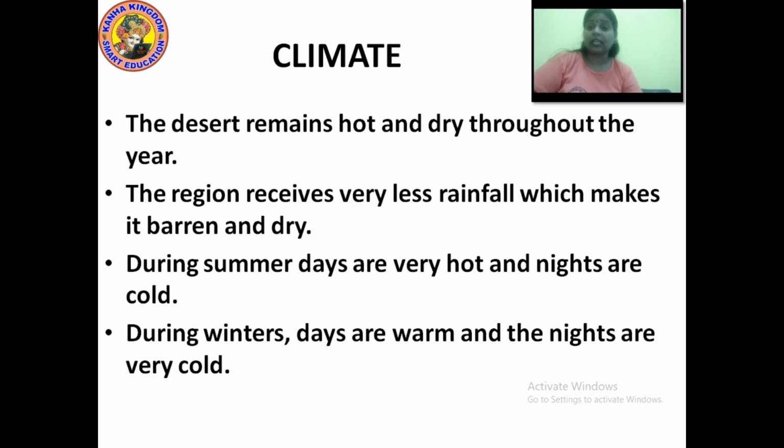Now let's discuss the climate of the Thar Desert. The desert remains very hot and dry throughout the year because there is very little rainfall. The region receives very little rainfall, which makes it barren. Now what is the meaning of the word barren?